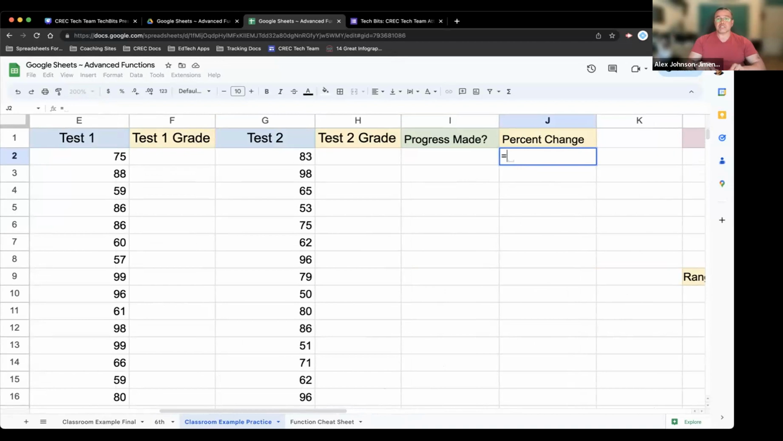So all formulas and functions begin with an equal sign. So equals, parentheses, because I need order of operations. I need to do this part first, and then I need to do another part. If I didn't do this, you get a completely wrong answer. So the easiest way to do this is equals, parentheses. I'm going to click in cell G2, and you see how it appears right there. I'm going to subtract